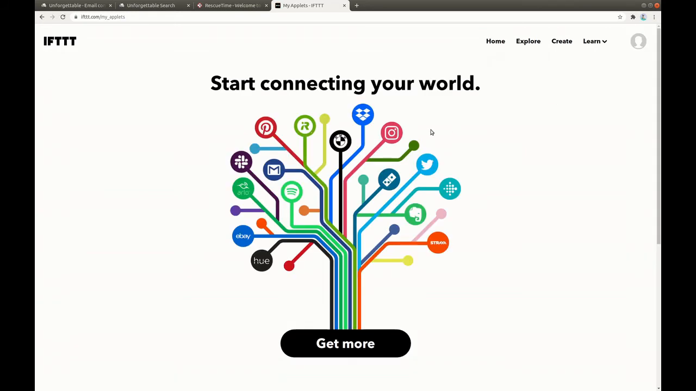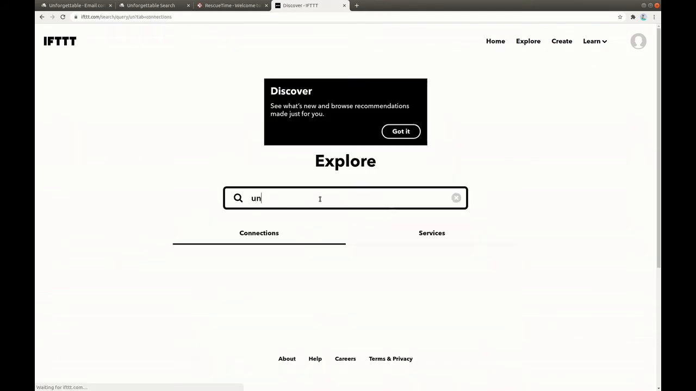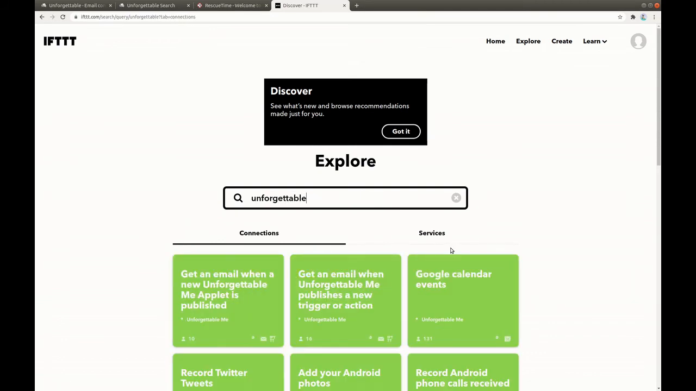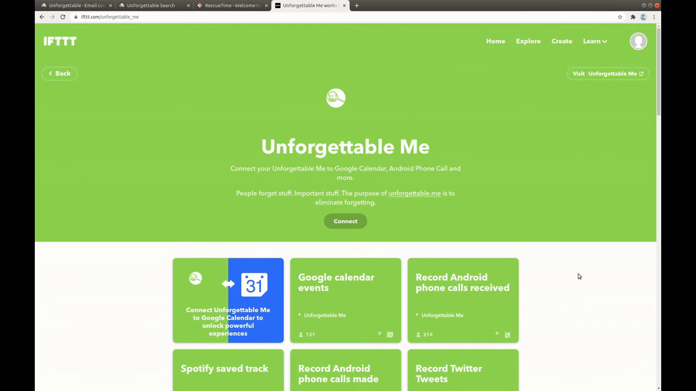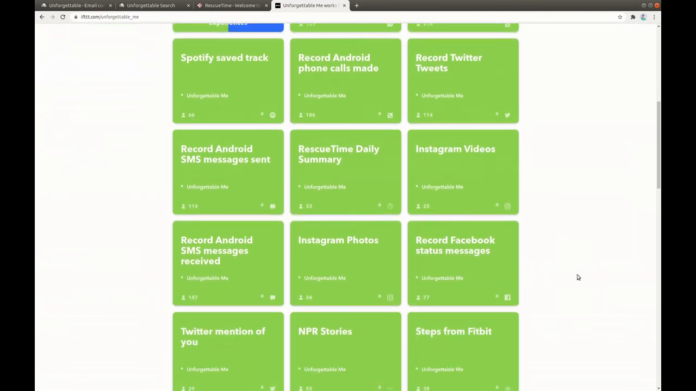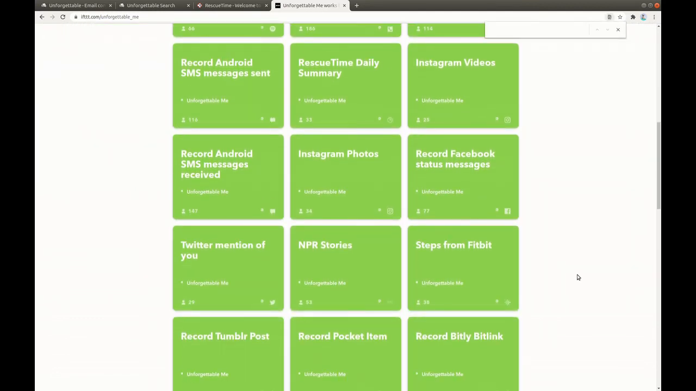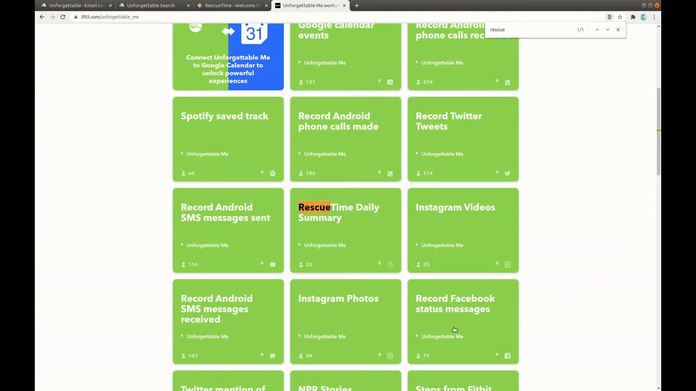Skip this. Once you've signed up, do a search for Unforgettable Me. If you click Get More, Unforgettable. And if you have a look under Services here, you'll see Unforgettable Me. Now, we want to connect Rescue Time and Unforgettable Me, and there's an applet here. These are the applets, and probably the easiest way to find it is just to do a search for Rescue Time Daily Summary. If we click on that,